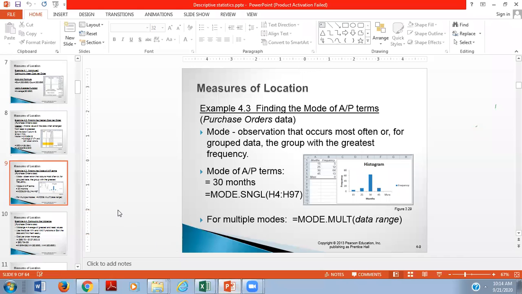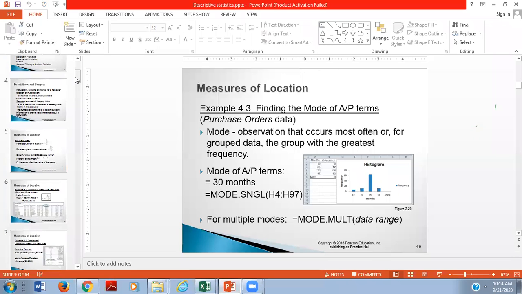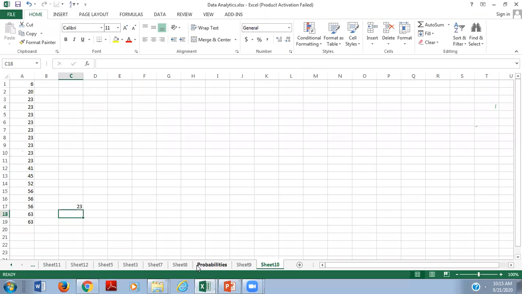Today we have discussed measures of location. Under that, we have discussed mean, mode, and median, and how to implement the formulas in MS Excel. One more point that I'm going to give a brief on today is about